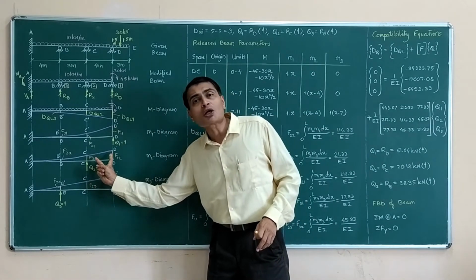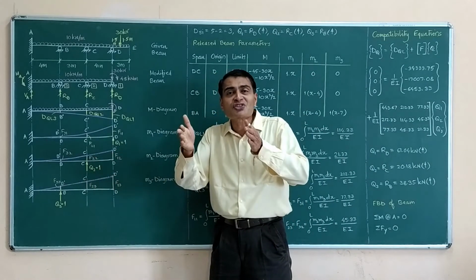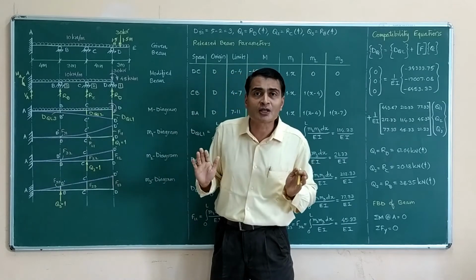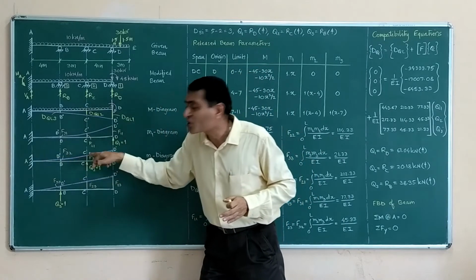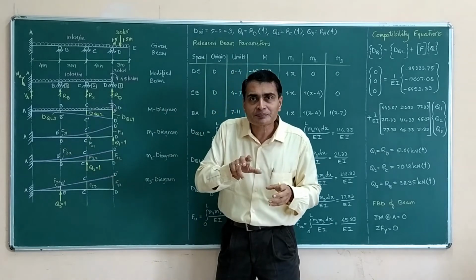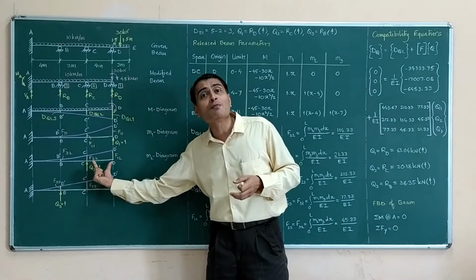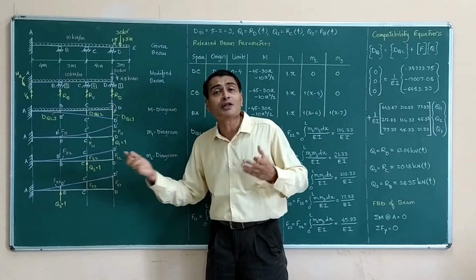this portion is not undergoing any bending. It is simply undergoing a general plane motion. It is simply moving, that's all. And this portion is actually deformed. Where will it matter? When I write bending moment for CD portion in M2 drawing, it is going to be 0.